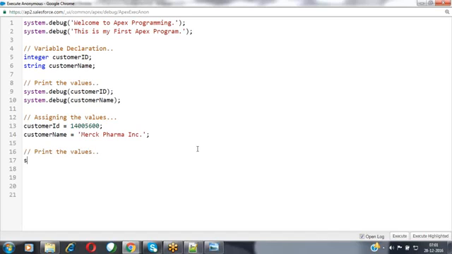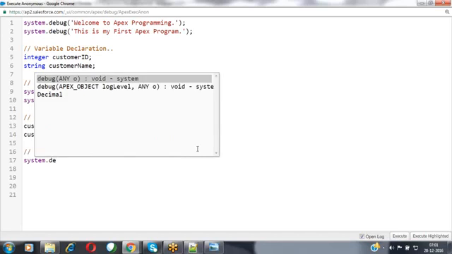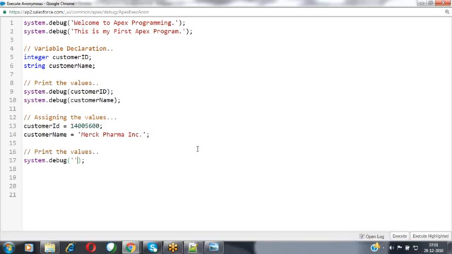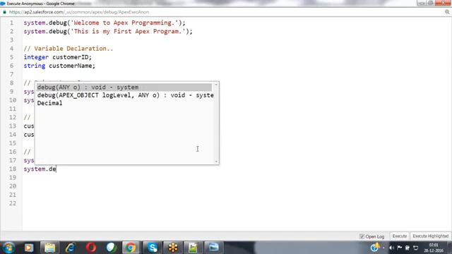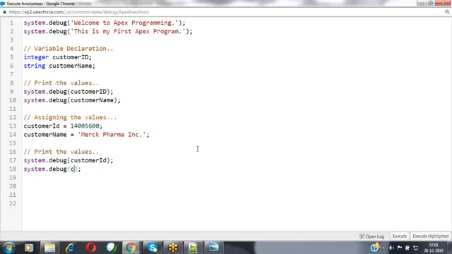I'm using system.debug. Specify that variable name, customer ID, system.debug, customer name. Whatever values are available inside these variables, I am going to print those values here.